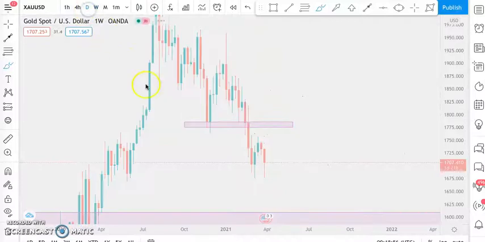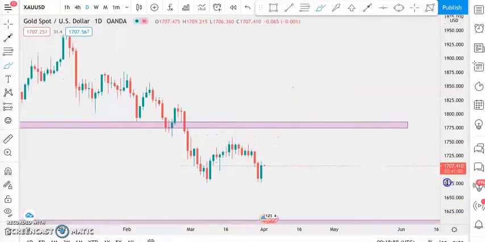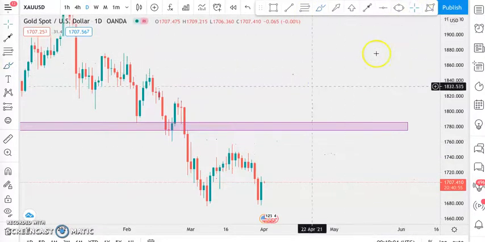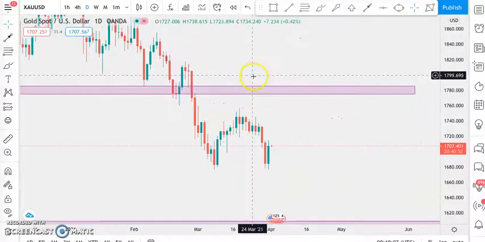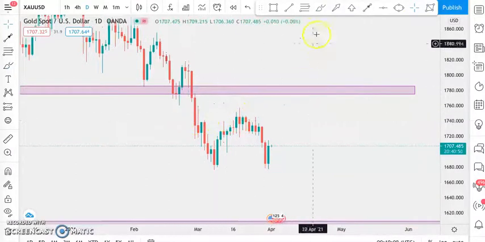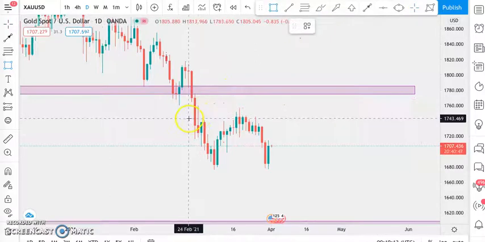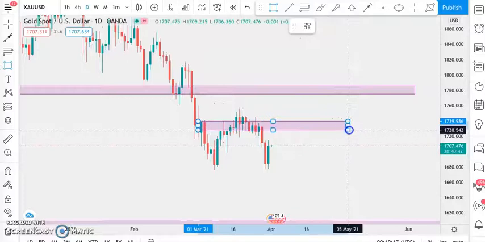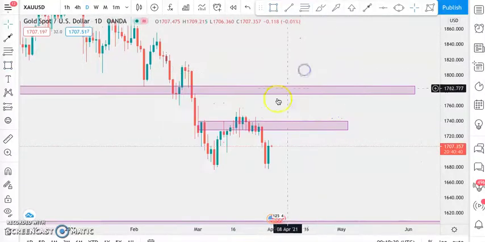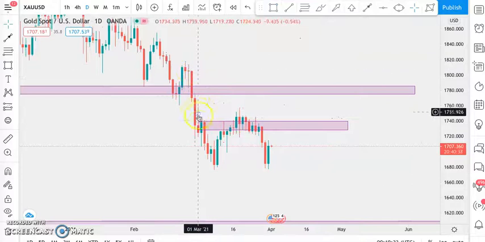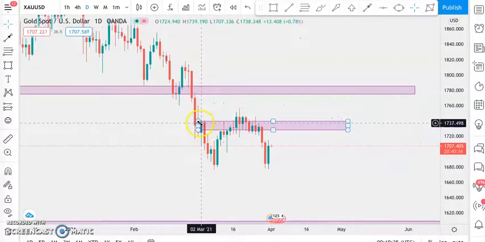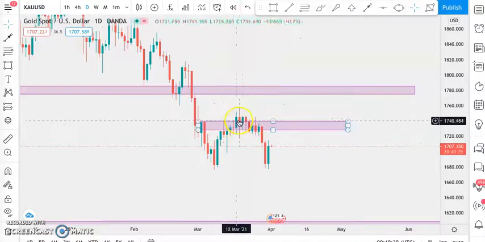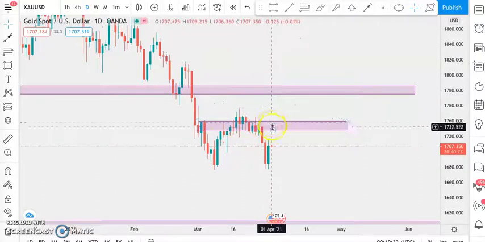Now going down into the daily time frame, what do we have now? From this daily perspective here, what do we see? We can see that this area here also acted as a strong supply area. Why? Because we can see that in all this move to the downside, this candle here was not related to the move,